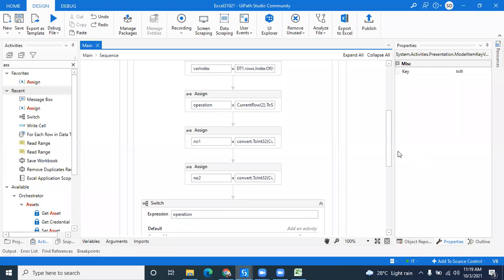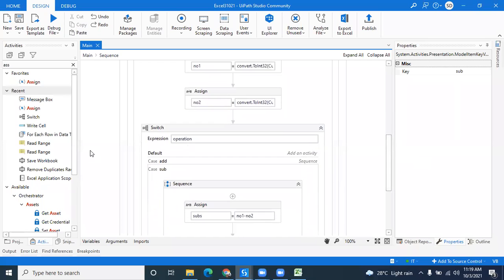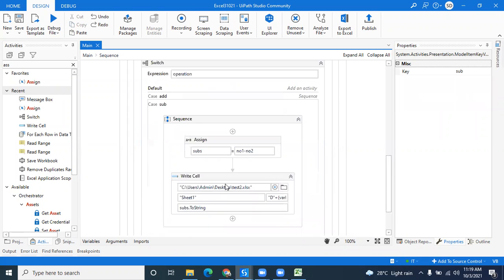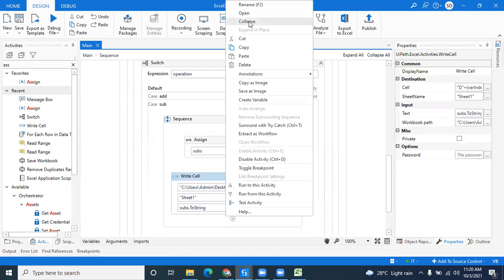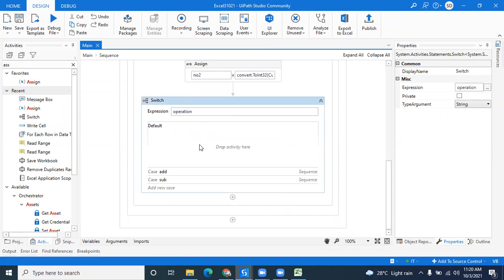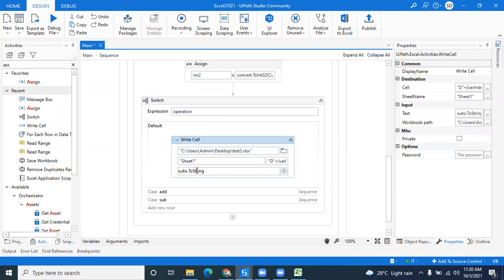Here you are talking about if there is blank, then we can just put this activity there and just no value.